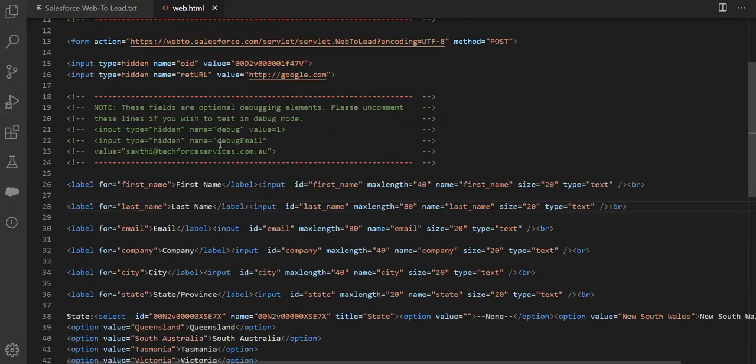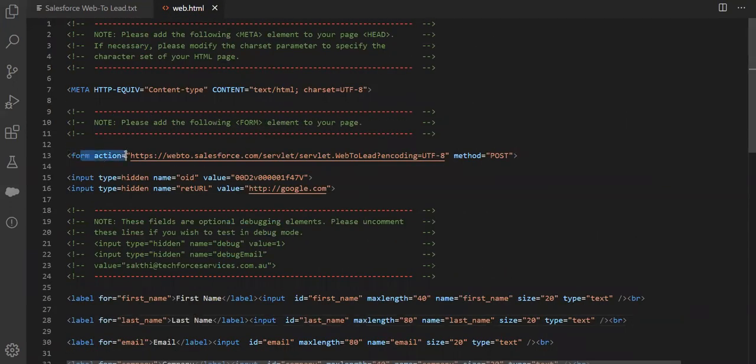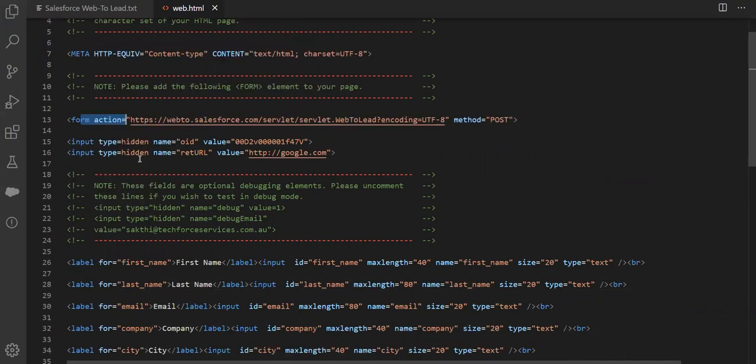In this HTML form, it's populated the form with the action URL and hidden fields. There are two hidden fields. One is OID, that is the Salesforce org ID, and then the return URL. So basically, whatever values the user enters get posted using the post method to this particular URL, and it's pointing to this developer account, this Salesforce org ID. If you are using your sandbox, specify your sandbox org ID, or for production, specify your production org ID,